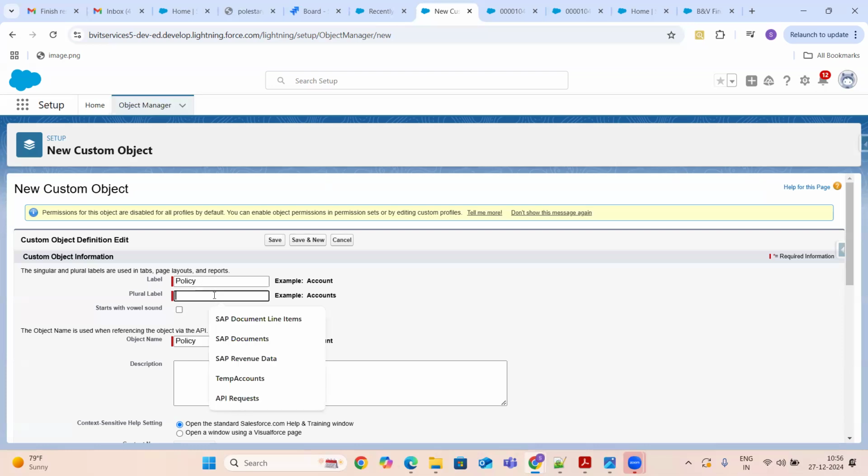And we need to provide the plural label, policies. Okay. And the object name is policy. API names, guys. These API names we will use in all our automations. That means at the end we will create flows. Admins will create the flows. Our developers will write the code.